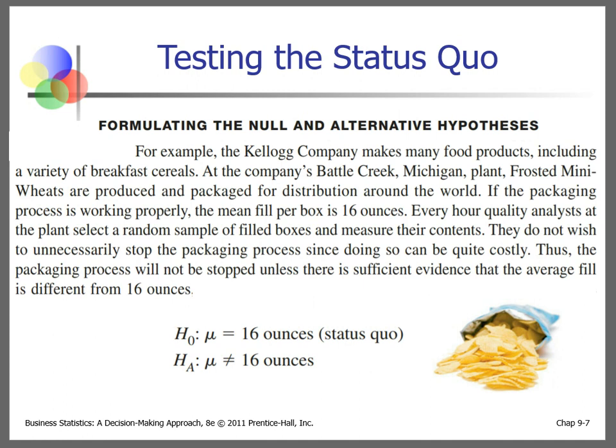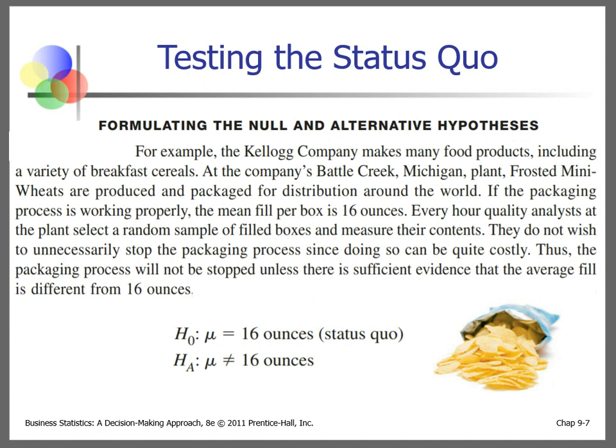If the packaging process is working properly, the mean fill per box is 16 ounces. Every hour, quality analysts at the plant select a random sample of filled boxes and measure their contents. They do not wish to unnecessarily stop the packaging process, since doing so can be quite costly. Thus, the packaging process will not be stopped unless there is sufficient evidence that the average fill is different from